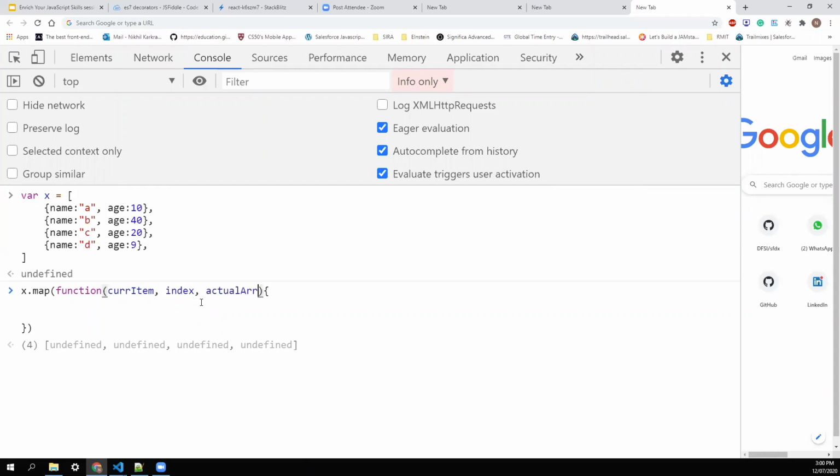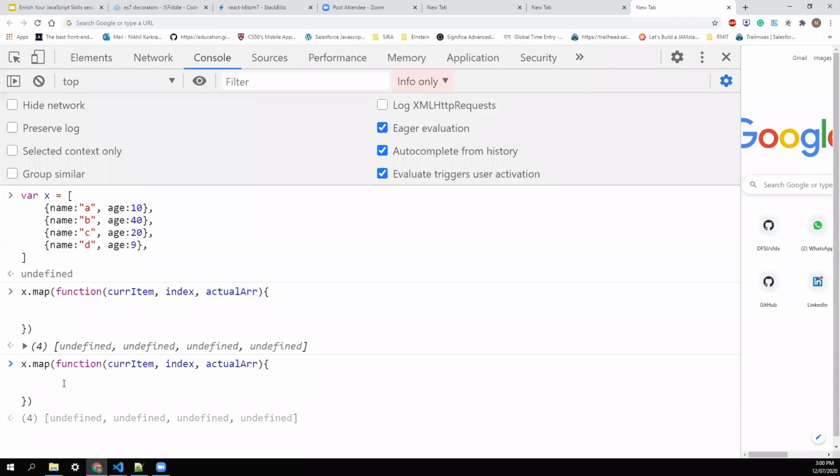The actual array is always X, it just takes a copy of the array. Index starts with 0. When this element comes, the index will be 0. When this element comes, it will be 1. Then 2, and likewise it goes on. And the current item takes the first element as the first current element, then the second element as the second current element. Now, this was the syntax.